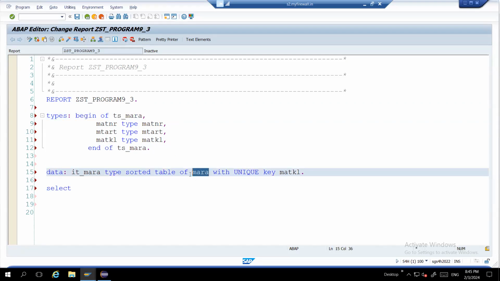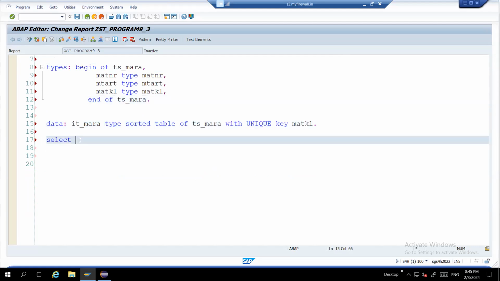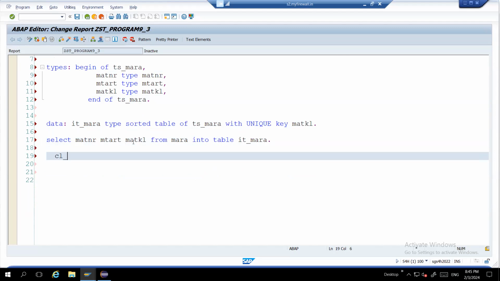So we will have a small number of fields. Now select, not a star from, only three fields which is there, mtart matkl from mara into table it_mara. And if you see that,